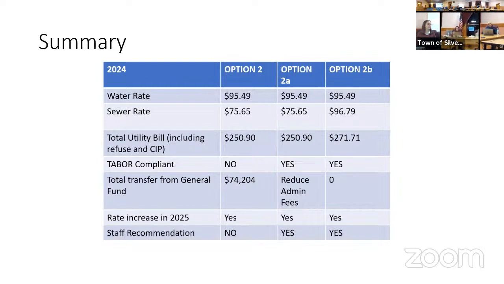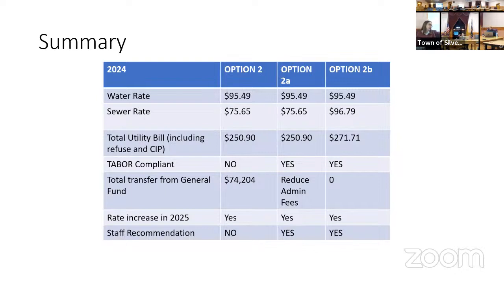A concern that I have is raising rates twice. If it's inevitable that rates have to be raised, I think it's super painful for everybody to do it twice. Raising rates regardless will create a lot of feedback, and if you do it twice, it's that much more doubly challenging. I'm concerned about raising them and then having a rate study that comes back and says we need to raise them more. We will likely have to raise them for the next 5 years. They should always be incrementally raised with inflation, and we haven't done that at all.